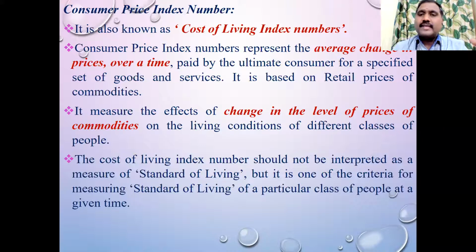With 10,000, I could live my life 10 or 15 years ago. But now I need a minimum of 50,000, 70,000, or 1 lakh. If you are a bachelor, 20,000 is fine. But if you are a family man, definitely you need a minimum of 40 to 50,000 to live in the metropolitan cities. To measure this only, we are going to study this concept and work out the problems under it.